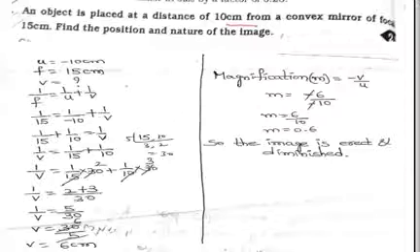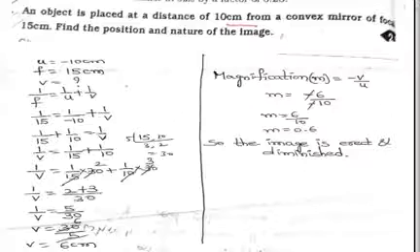The P to F distance is called the focal length. Here we are measuring the P to F distance, the focal length, in the direction of incident light. If we measure the distance in the direction of incident light, then it has a positive sign. Here the incident ray is going from right to left, and we are measuring the focal length P to F from right to left, so the focal length is in the direction of incident light. That's why we take f equal to 15 centimeters.